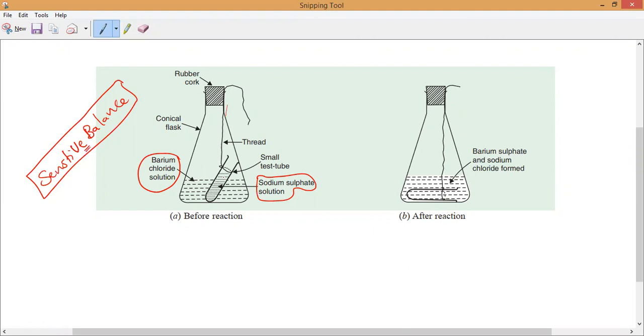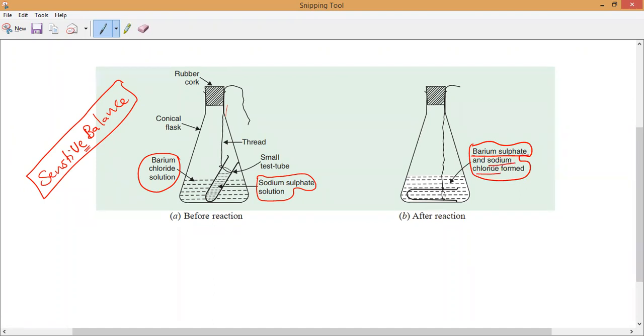Now this barium chloride will react with the sodium sulfate. If I shake this container, you can see the test tube falls down, so the sodium sulfate mixes with the barium chloride and forms new compounds. What compounds are forming? Barium sulfate and